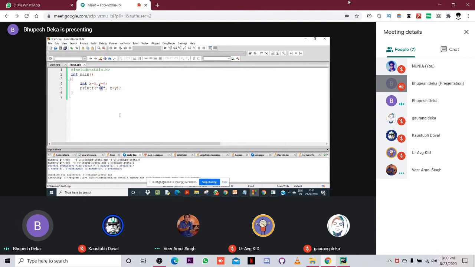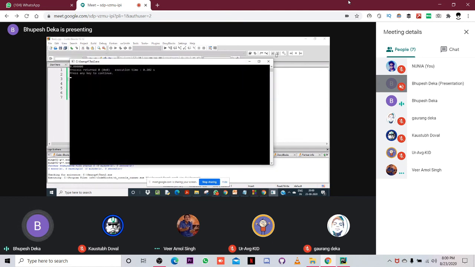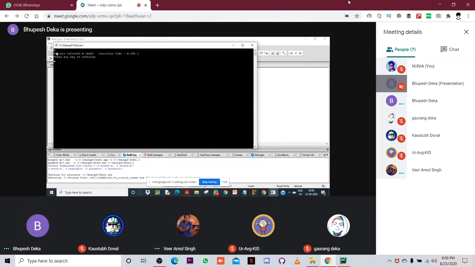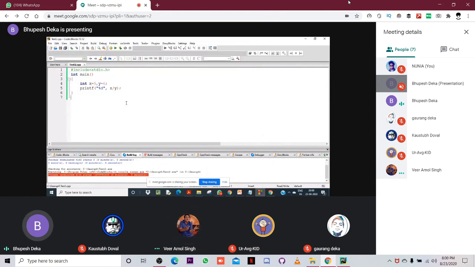Understood? And another thing I will show: if I write x divided by 5, you will be astonished to see. If you write like this, it will give you 0. So that's what C does, because here you have to explicitly mention what exactly you are doing, what you are printing, whether it is an integer, or if there are two variables, one an integer and another a float. If you are combining both, you again have to make a combination of the other one. So I hope you got a little bit of idea now.